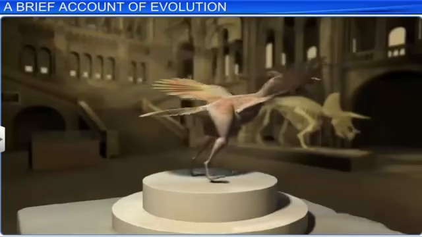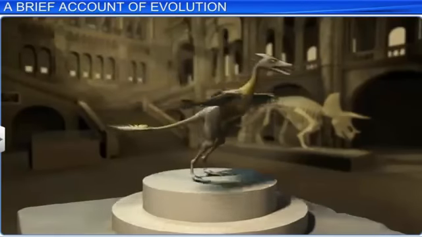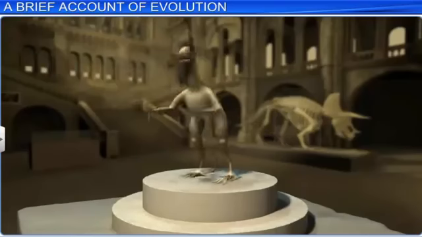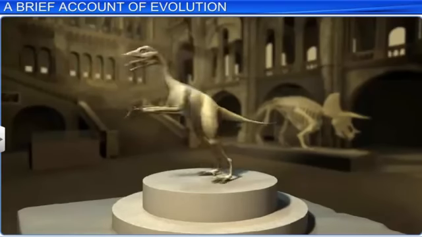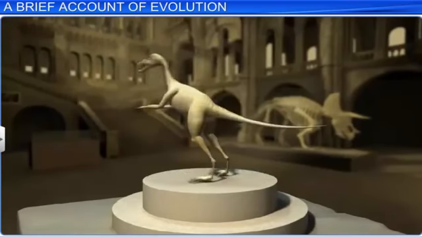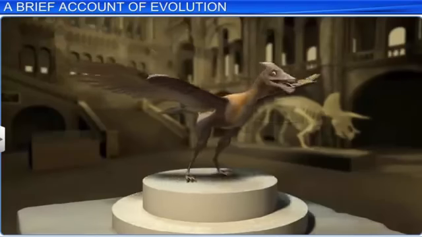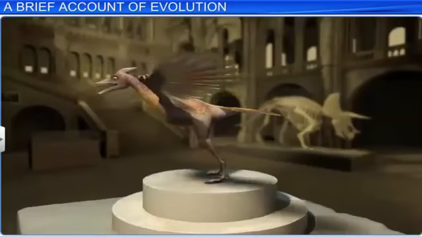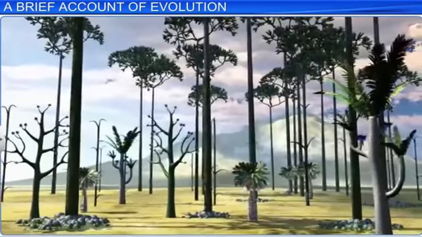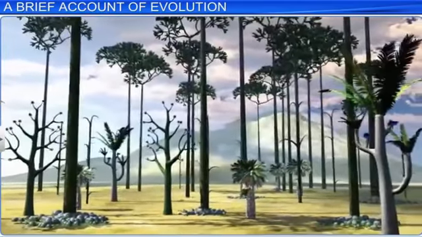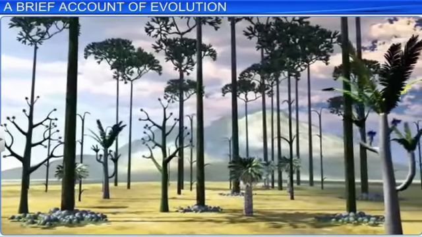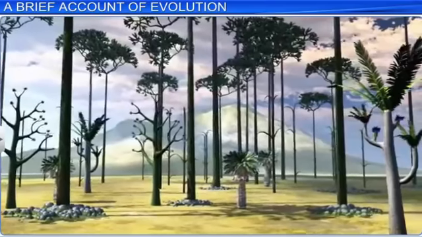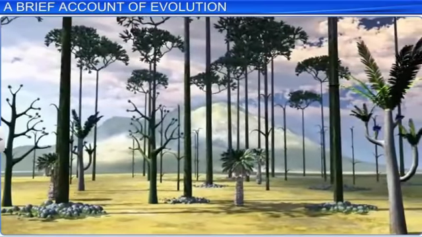It is estimated that birds have descended from reptilian ancestors such as ornithischian dinosaurs during the Jurassic period of the Mesozoic era. In fact, birds became modernized in the Cretaceous period of the Mesozoic era. The flora in the Mesozoic era was dominated by flowering plants and non-flowering plants such as ferns, pines, conifers, and cycads.